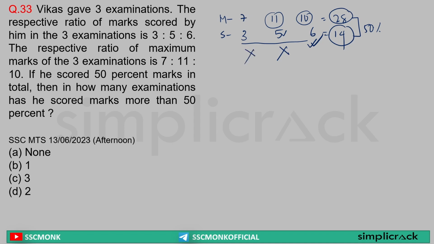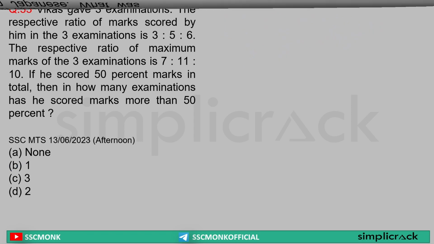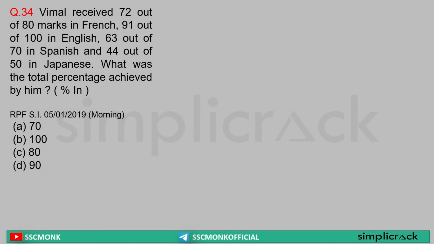So in how many examinations did he score more than 50%? Only in one examination he scored more than 50%, because 50% of 11 is 5.5, and 50% of 7 is 3.5. So he scored less than that. Clear? Next. Bimal received 72 out of 80 marks in French, 91 out of 100 in English, 63 out of